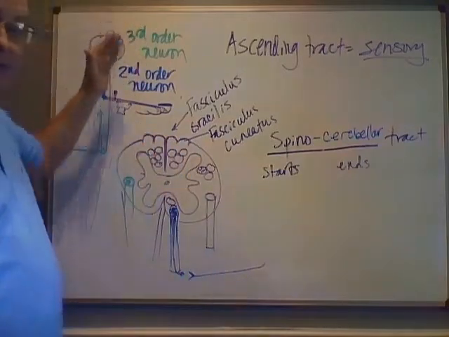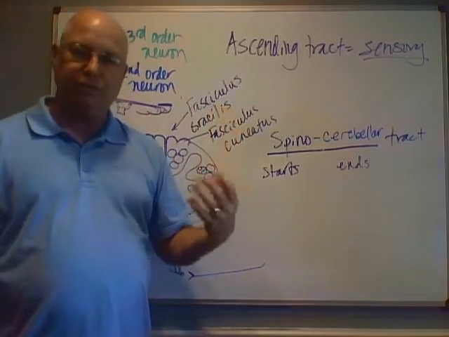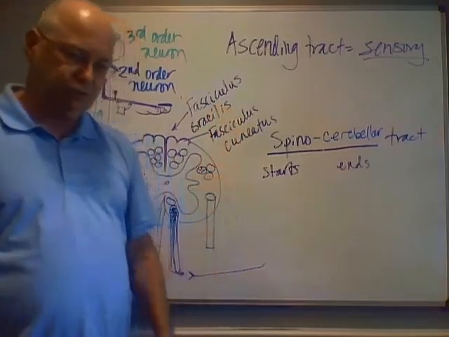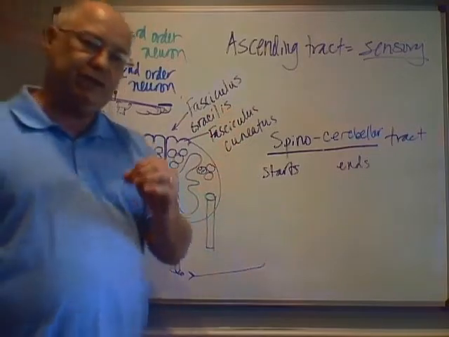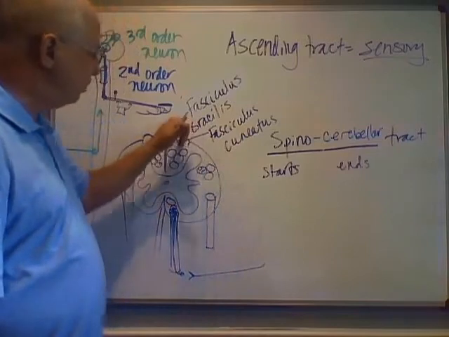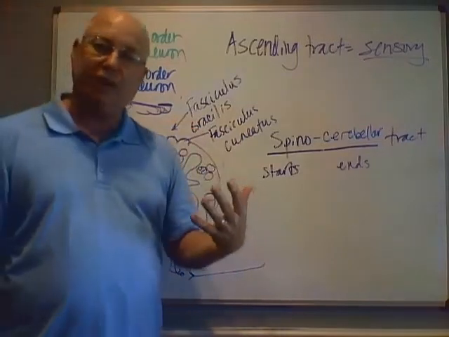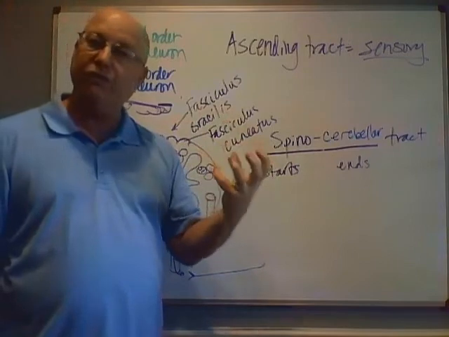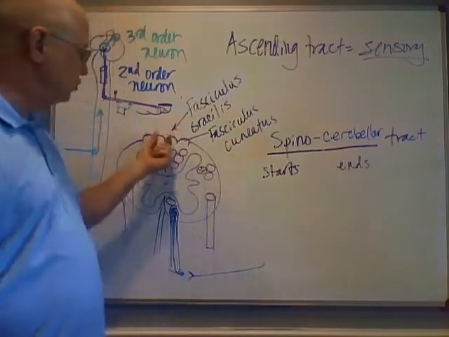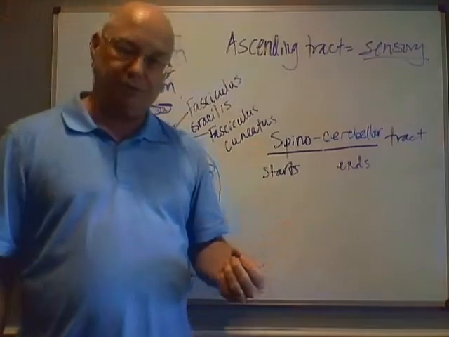The spinothalamic tracts are doing sensations like touch, temperature, pain, crude touch, I should say. Now, the fasciculus cuneatus and fasciculus gracilis. If you look at the word fascicle, that starts with F. I think the fasciculi are doing feelings. They're doing sensation. The fasciculus cuneatus and the fasciculus gracilis, which are part of the posterior white column,